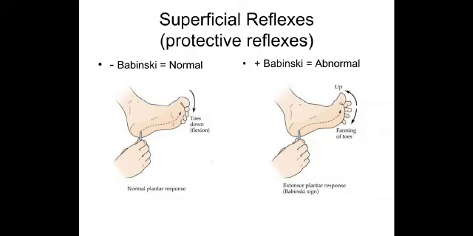The extensor plantar is characterized by dorsiflexion of the great toe, which you can see as the upgoing toe, and the abduction or fanning of the other toes with dorsiflexion of the ankle, which is Babinski positive, an extensor plantar. It is found in patients with corticospinal tract lesions and is a pathognomonic feature of upper motor neuron paralysis. The abnormal response is called the Babinski sign, as it was first discovered by Babinski. It is also normally seen in newborns, infants and during sleep.